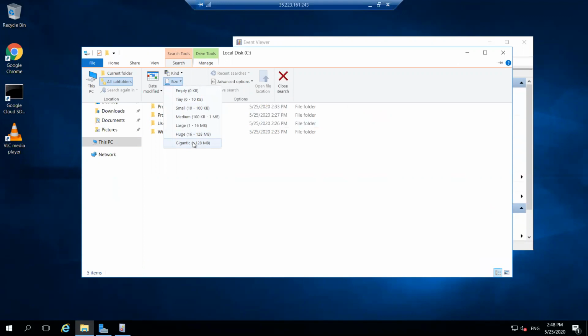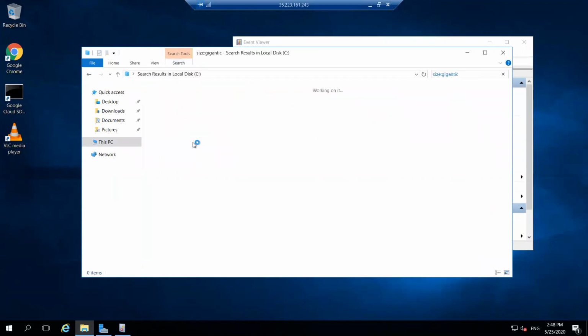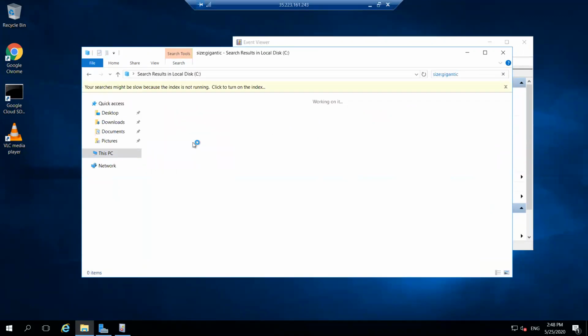So starting from the gigantic, that one is more than 120 KB. So your searching might be slow because the index is not running. Click to turn on the index. It's okay. We will wait for it until it searches all the gigantic files.